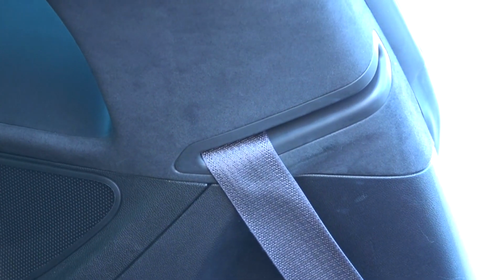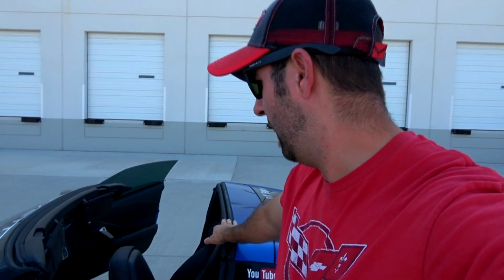So it was right here where the seatbelt goes in. That whole area was making a squeaking noise, and it was really, really weird and very annoying. And so that was the first thing, and I'm going to tell you one more thing before I tell you how we fixed it. The other area was this top that I just took off, and for some reason GM uses very cheap